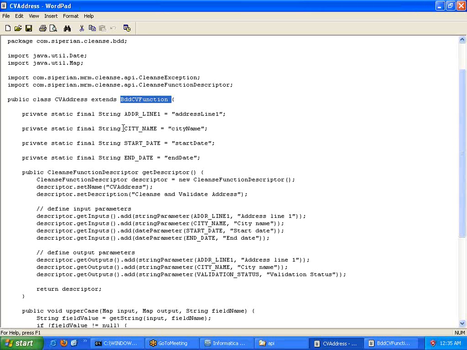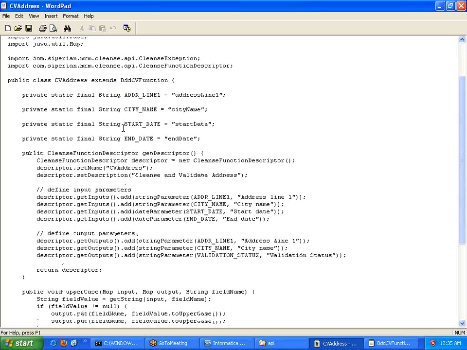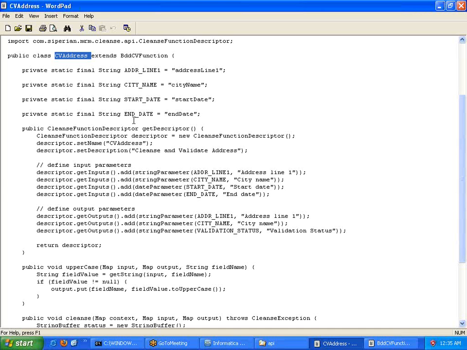Now let us start getting into this particular class implementation, like how we are going to build the new functionality. Remember, let me just talk about high level.